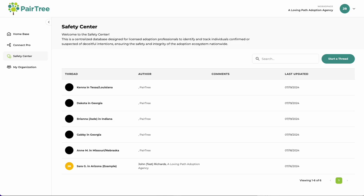Talk to you a little bit, give you an example of the new feature we released, which is a huge opportunity for licensed ethical adoption professionals across this country. It's called the Safety Center. So this is our centralized database. It is only accessible by licensed adoption professionals, and it's meant to help identify and track individuals or people that